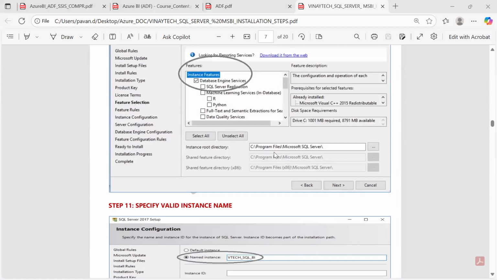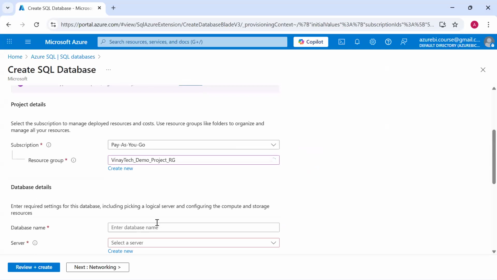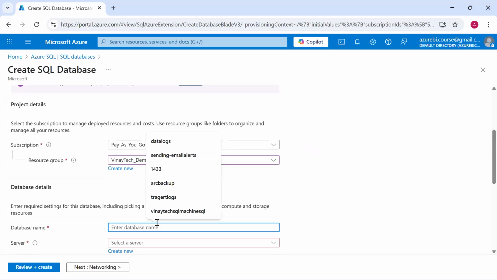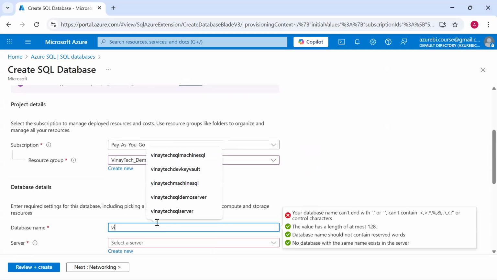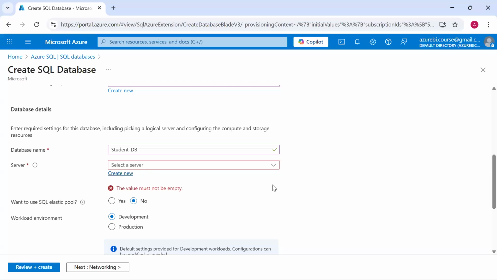But here, in a single page, your project name, what is your database name? Let's suppose my database name is Vinay Tech student database. Under which server?